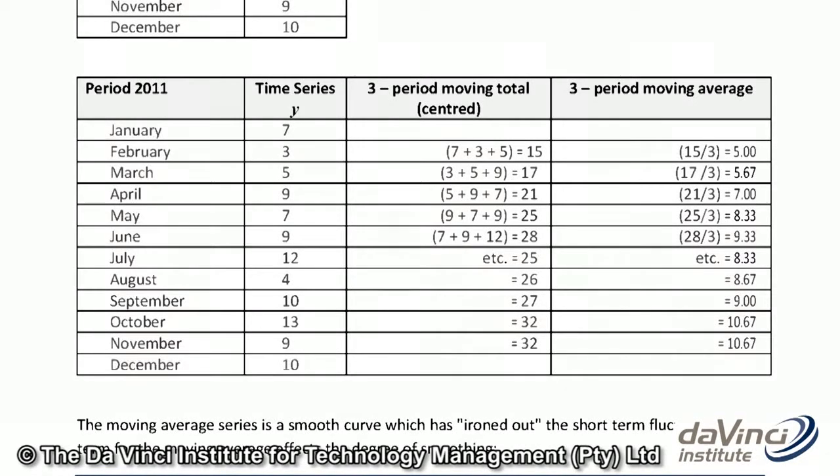So what do you do? You take your first 3 items, add them together. 7, 3, and 5 gives you 15. Divide. Centered between the 3 numbers. Yes, centered between the 3 numbers. That is the key thing. And then you get an average for those 3 numbers, which is 5. Then you take the next 3, leaving the first one. So it will be centered on 3, 5, and 9.